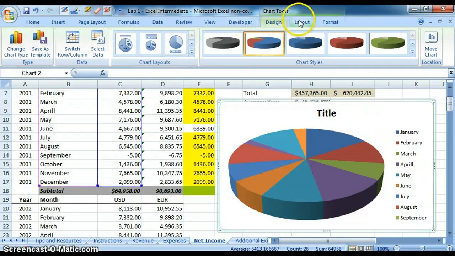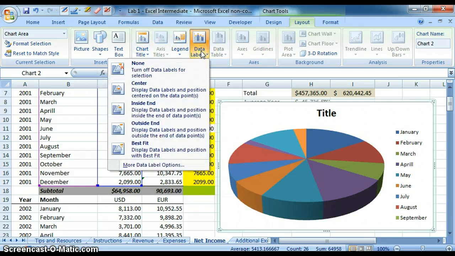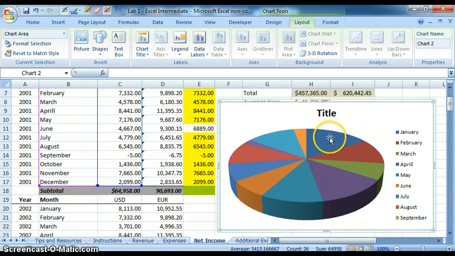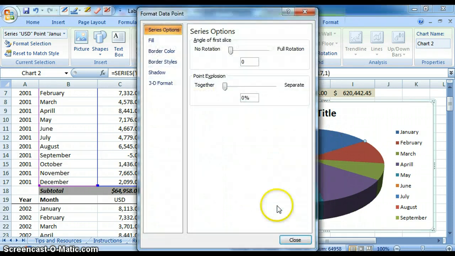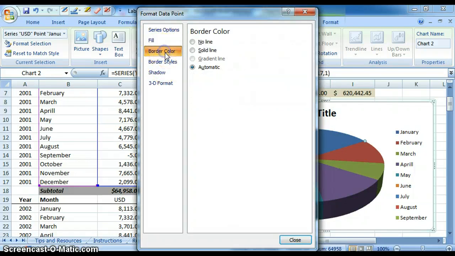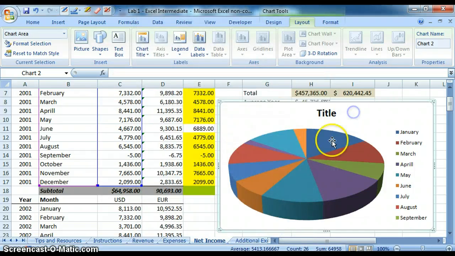Right, we could also go to layout and change the legend. We can change the chart type if we want. We can change the data labels. Right? We can even click on individual pieces of this pie, and we can change the fill color, border color, shades. These are just the way it looks. We can also